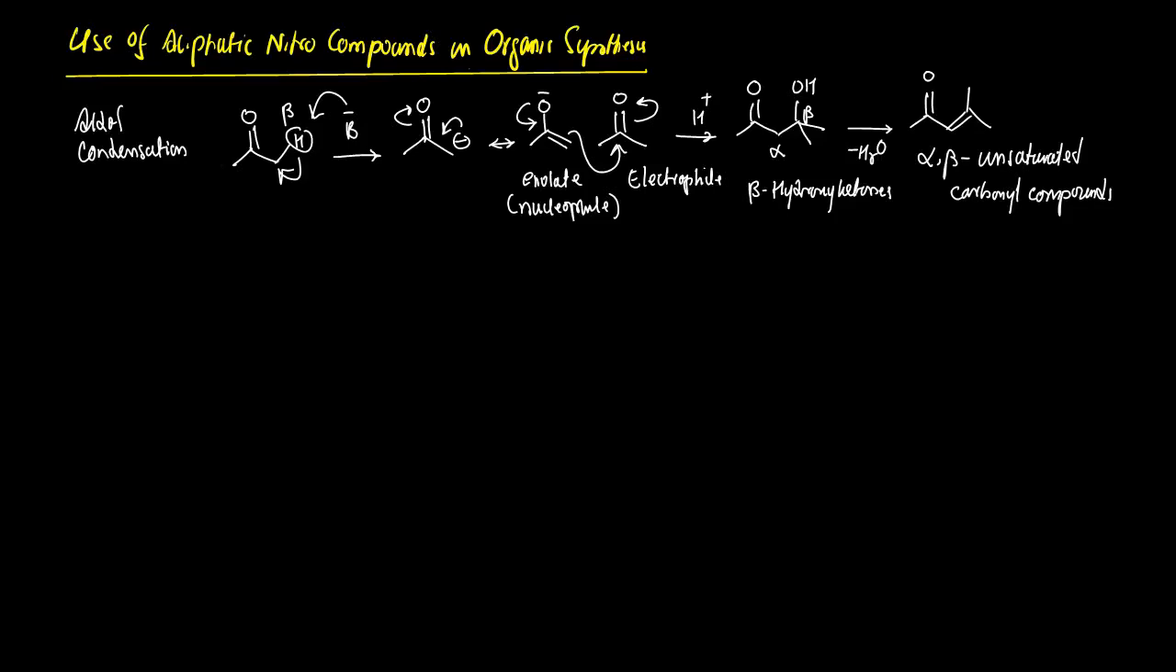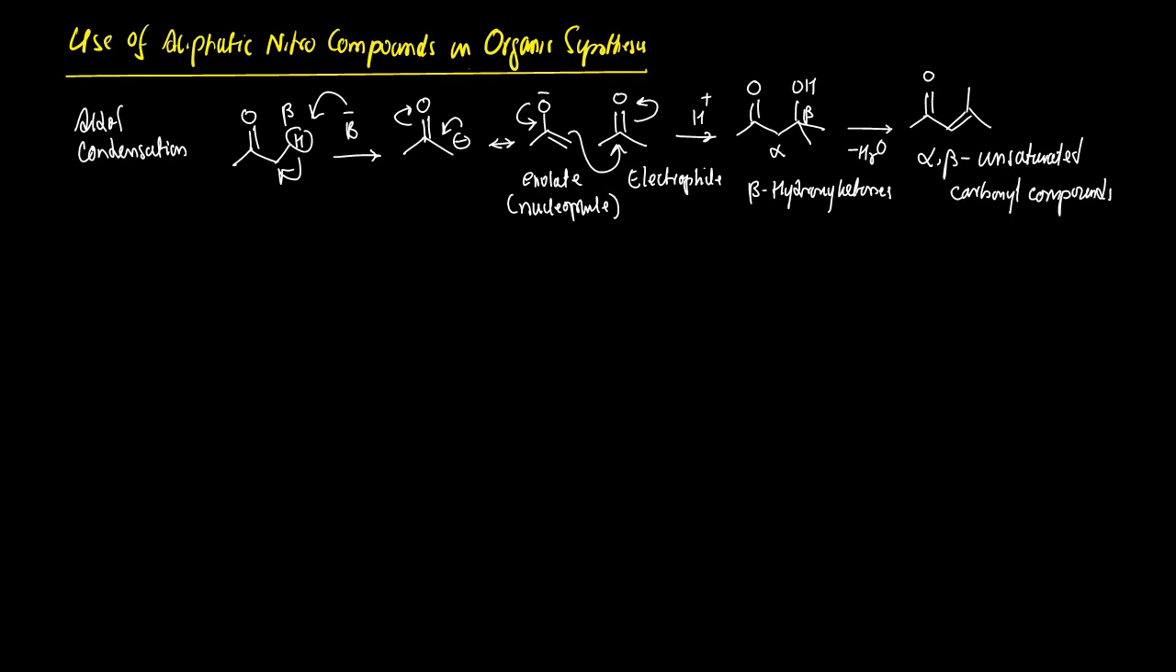The use of aliphatic nitro compounds in organic synthesis is a significant aspect which we will focus on in today's lecture with respect to retrosynthetic analysis. But before finding out the significance of aliphatic nitro compounds, we should understand a typical condensation reaction which we have studied in earlier sessions. Just take an example of aldol condensation, which we have shown on the screen,